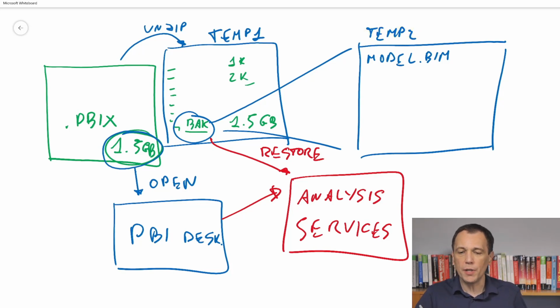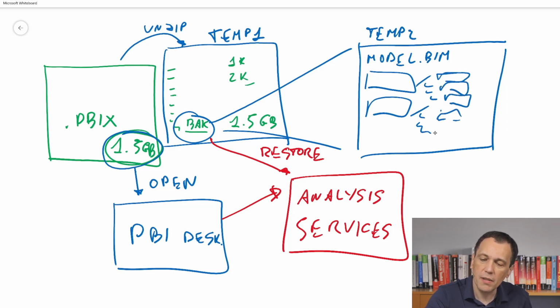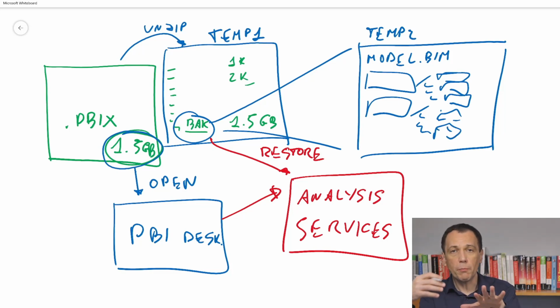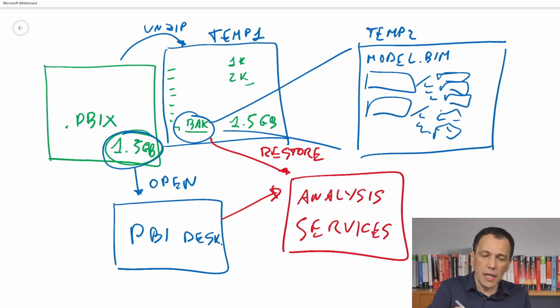So in the temp2 folder, I have the model.bin, then I have one folder for every table. Every table has a list of files here, one file for each column, plus indexes, plus many other things. Some of these files are compressed, some of these files are not. For example, the content of the data for each column is compressed, the content of the dictionary is not compressed. What does it mean? If the size of the backup file was 1.5 gigabytes, the content of this temporary folder is larger,